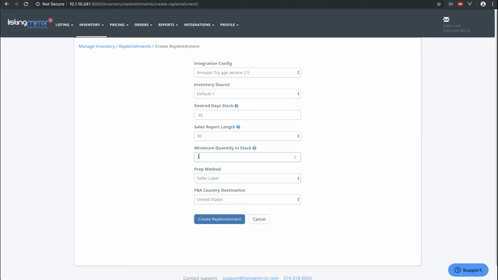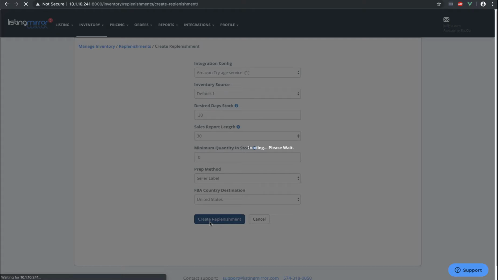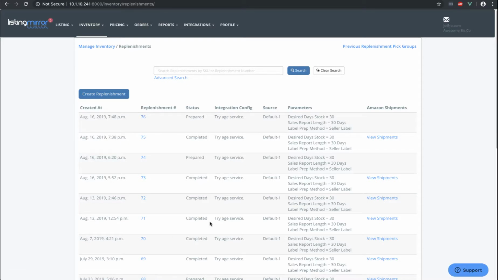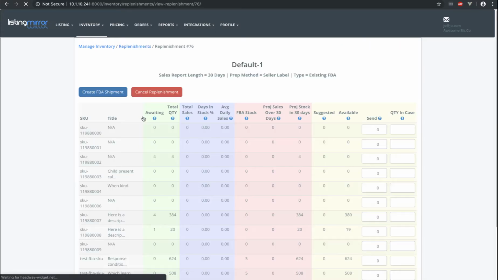So let's just go ahead and put in a minimum quantity of stock of, I'll keep it at 0 for right now. That way I don't have to deal with any deletes later. So create my replenishment. Okay, once the replenishment is in a prepared status, we can go ahead and click on it and create some shipments out of this replenishment. So again, this is a lot like a forecasting